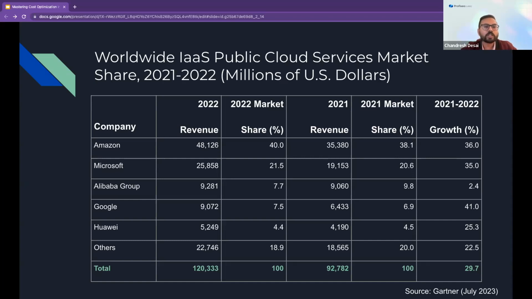In 2021 and 2022, Amazon was on top, the second is Microsoft, and Google is probably fourth. Again, this is last year's data. We don't have any recent report for 2023 right now.